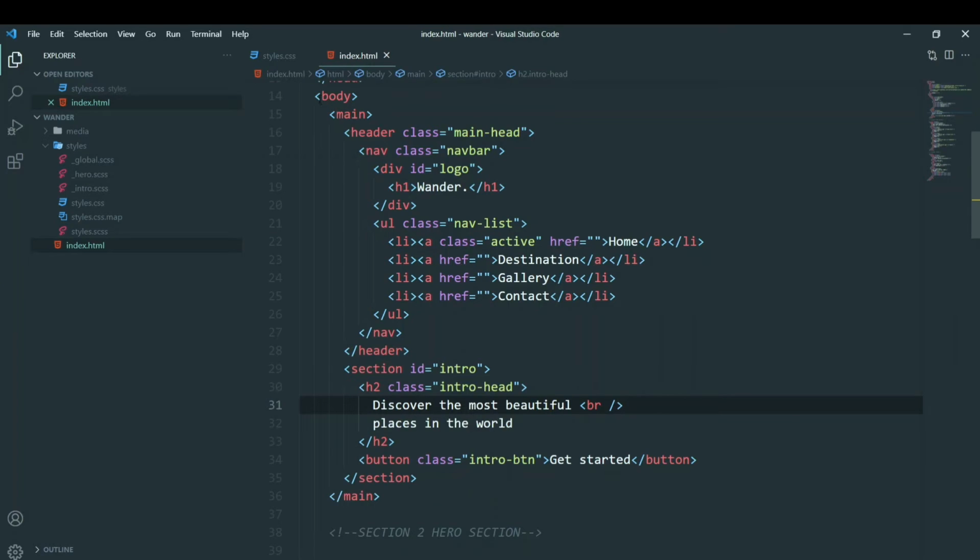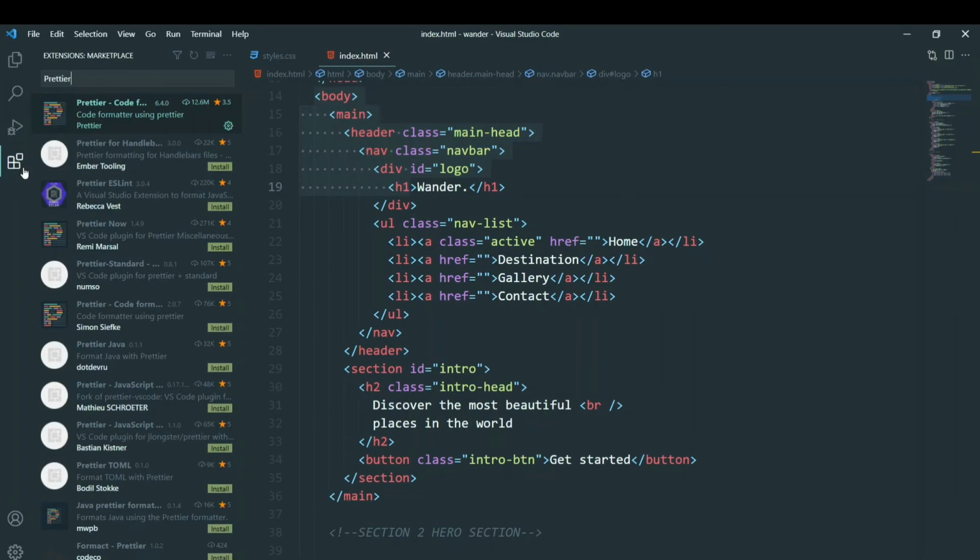according to the hierarchical level that it follows. So you can see body is the important tag, then we have main, header, navigation. So from one parent element to its children element, so it ends here. So you can see this is the indentation that it follows. So you can do that using Prettier with simply one button click, that is Control S.